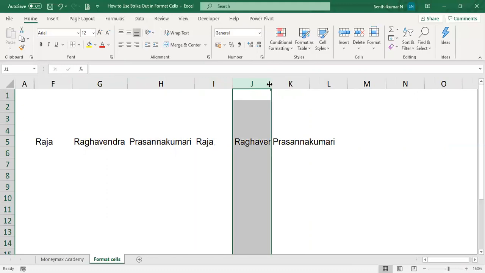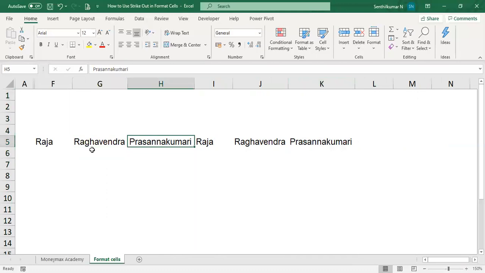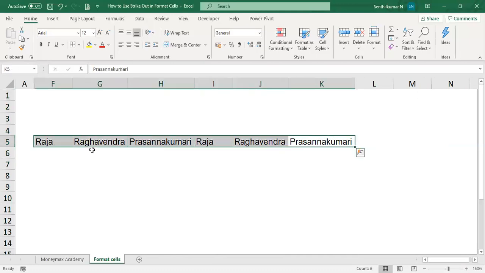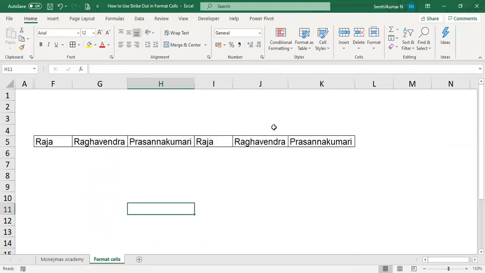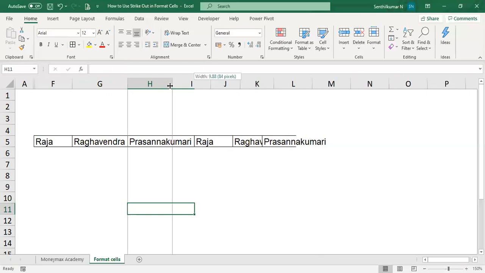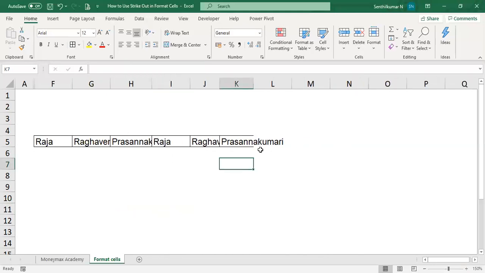If you have multiple column data, normally I am using 6 names only, but the total screen has been taken. At this kind of situation, we don't want to auto adjust. We have to consolidate, we have to compress the data. How do we compress? There are two ways. You have to select the data.